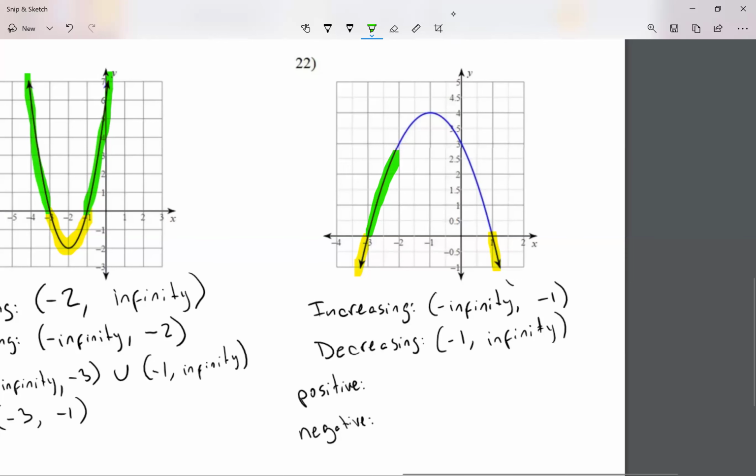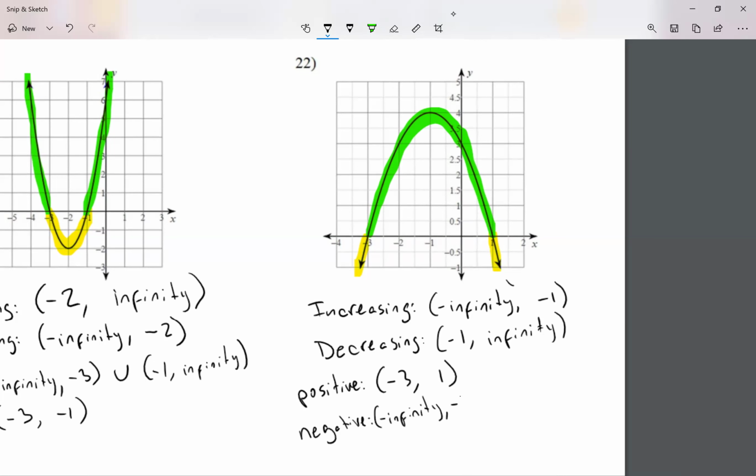When is this above the x-axis? One interval only. So positive is going to be from negative 3 to 1. Negative is going to be from negative infinity to negative 3. Don't forget the space after the comma. Union from 1 to